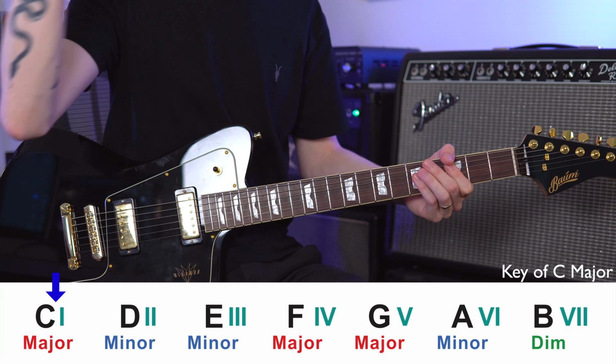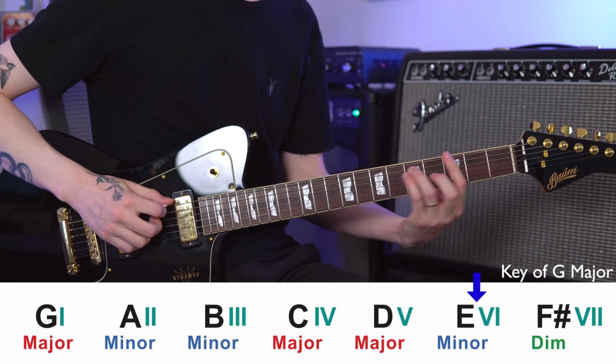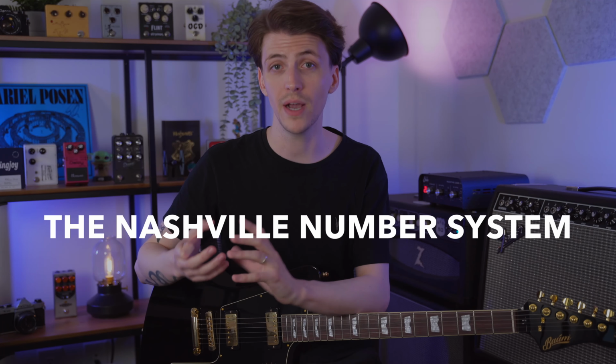And if I played that whole thing in G major again, your ear should kind of be telling you that essentially those chord progressions are just the same thing played in different keys. Now, this would be the same no matter what key I wanted to play in. I could play in the key of E flat major, and it'd be the same thing. If I played the 4, the 6, and the 1, the chord progression would be the same, just in a new key. This whole concept is called the Nashville number system,